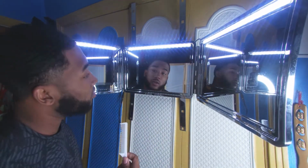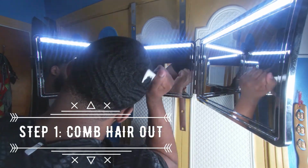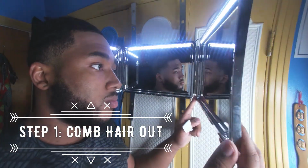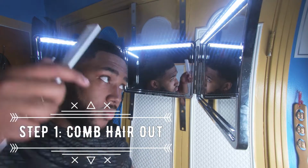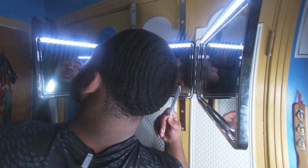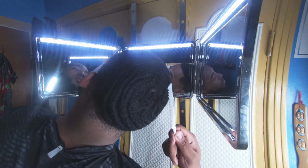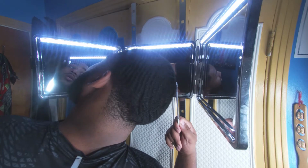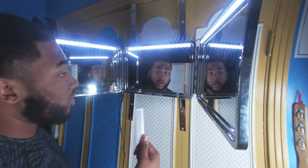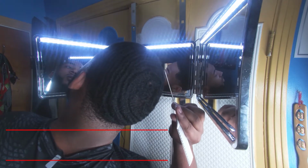But what you'll do to break a fork, you'll first comb out your hair. Now that my hair is combed out, you'll be able to see more forks that I have throughout my hair, especially right here. As I was combing it how I brush my hair now, you're able to see a part right up in there, which shows that I'm shifting my crown, but also I'm not brushing and combing it consistently. So what you will want to do is right here,